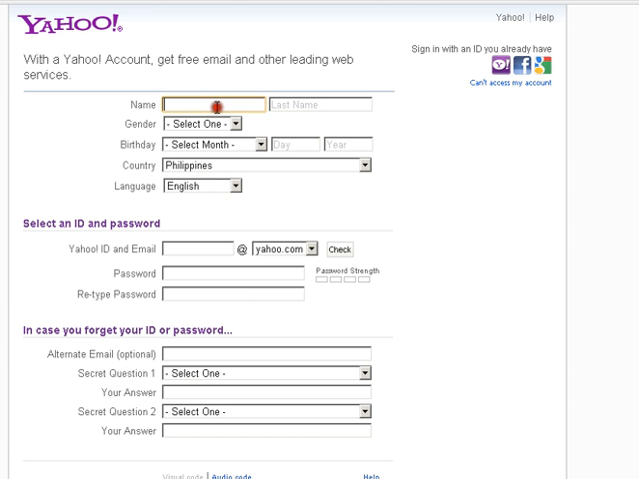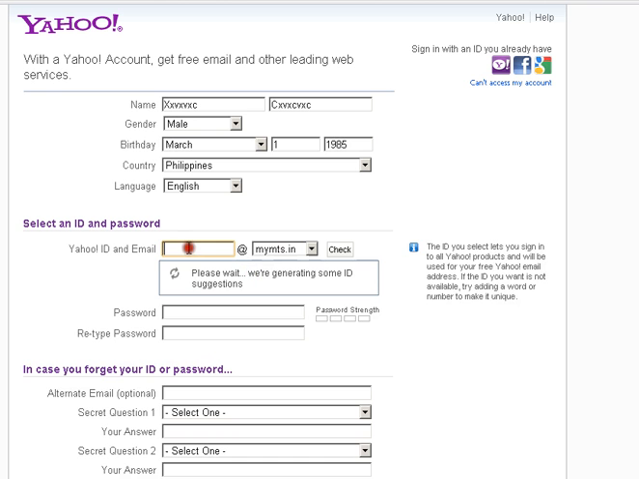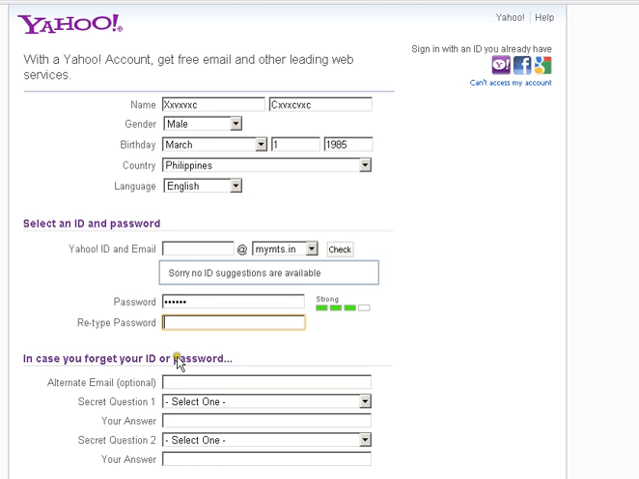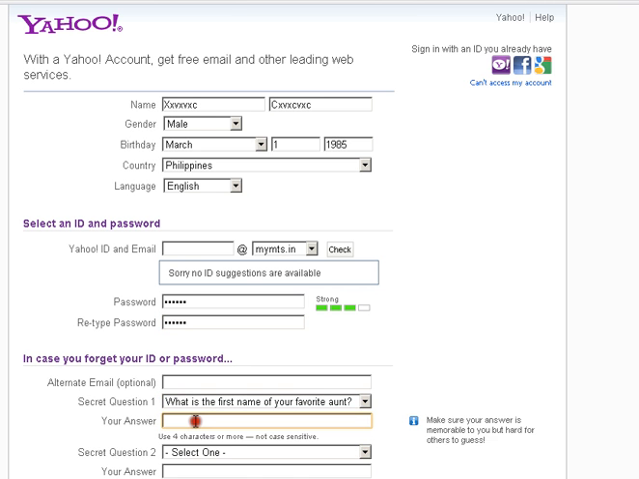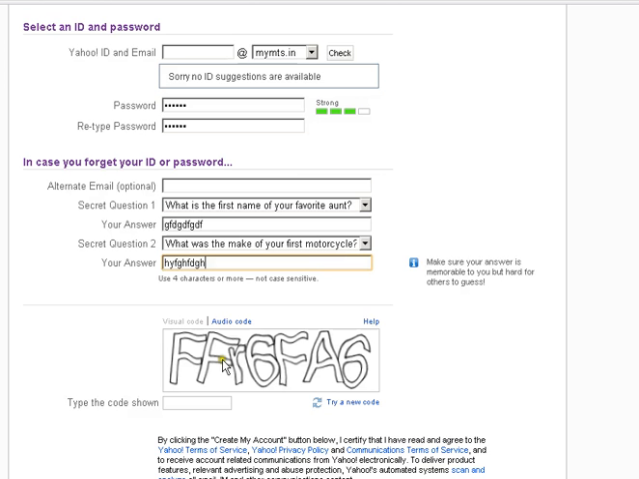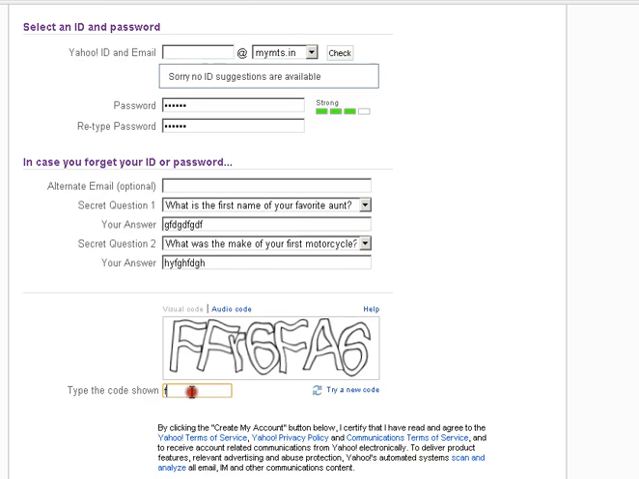Put in the name, gender, month, date. Okay, from yahoo.com mymts, put in the password. Now select the questions and answers, then type in the captcha. Now once you do that here,